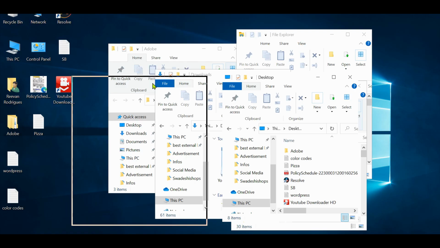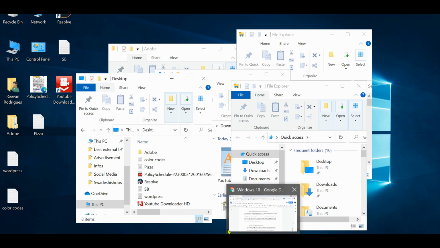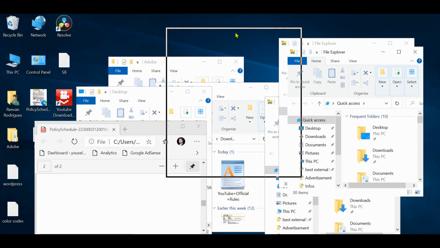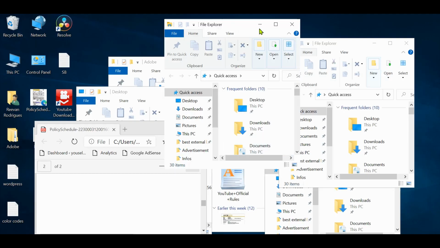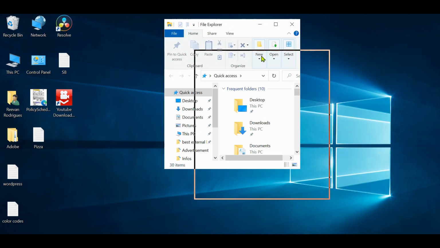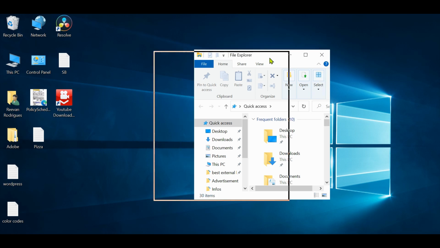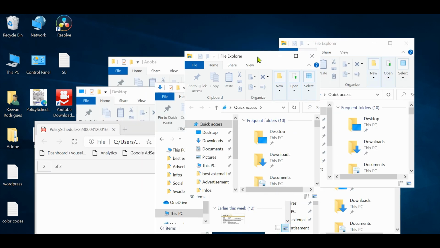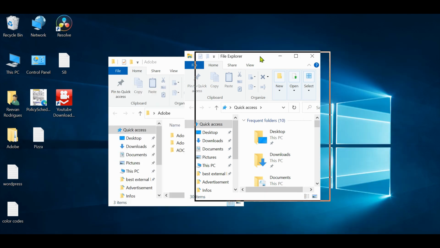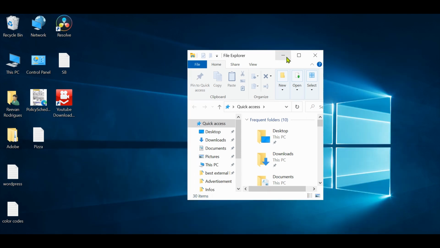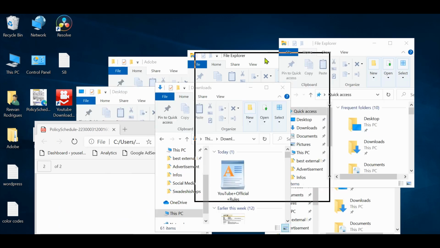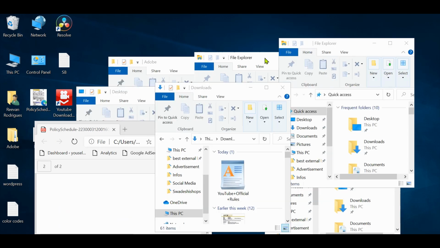If you have a bunch of applications opened on your computer and are worried about hiding all those applications one by one, then I have a cool tip for you. Just left click and select the application you want to use and give it a nice shake using your mouse from right to left. And this will automatically hide all the applications except the one that you selected. And if you want all the applications to be back, then give it a shake again, and boom, all the other applications are back.